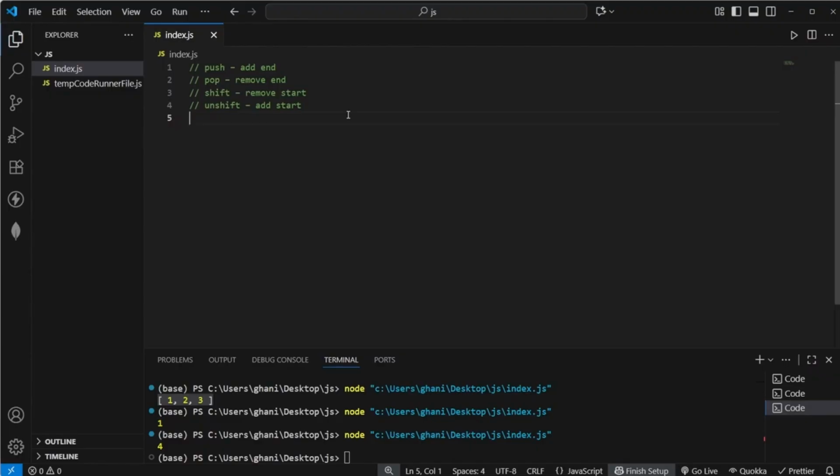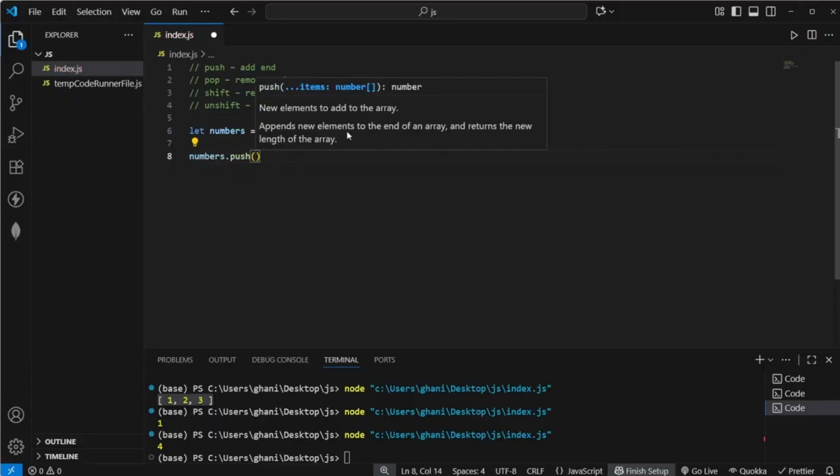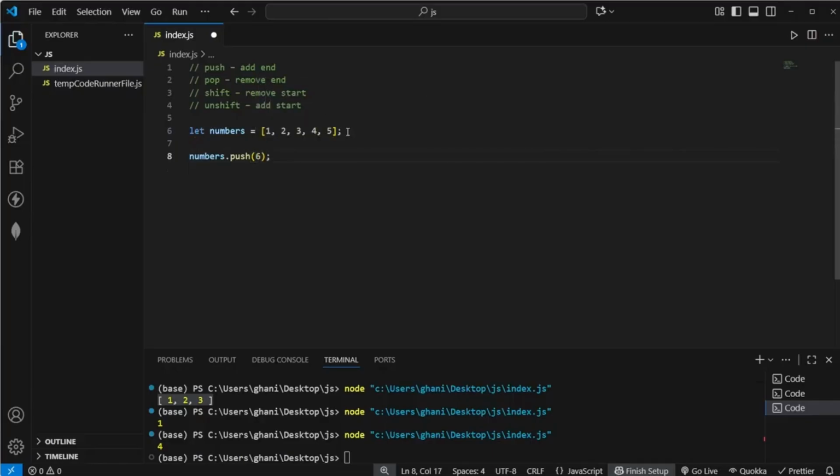Let's understand the most important methods when working with arrays. So let's imagine we have an array, for example, which is our numbers array, and this numbers array includes numbers from 1 to 5. Now let's say we want to add an item to the end, for example. Let's say we want to add the number 6. So we can go ahead and do so by using numbers.push. So the push method allows you to add an item to the end of an array. So now we can say, for example, we want to add the number 6 to the end, and now we're going to